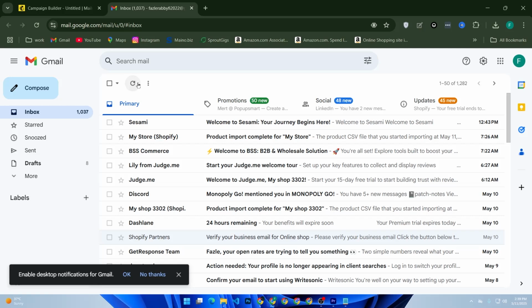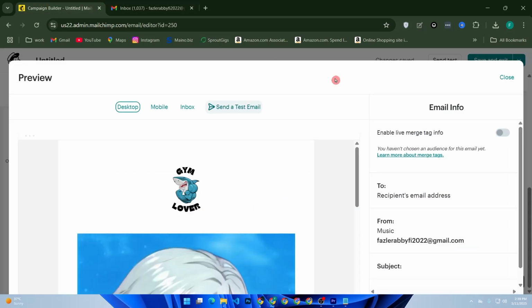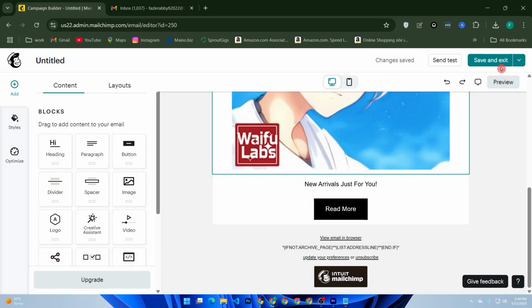Ready to send? Click continue, then schedule to send later or hit send now to launch your newsletter immediately. And that's it. You have just created and sent a professional newsletter with Mailchimp, simple, clean, and ready to boost